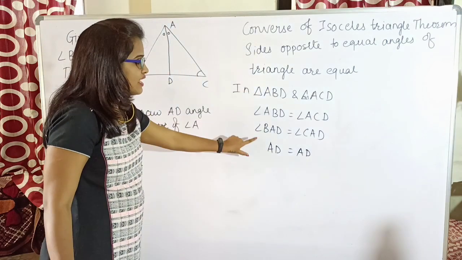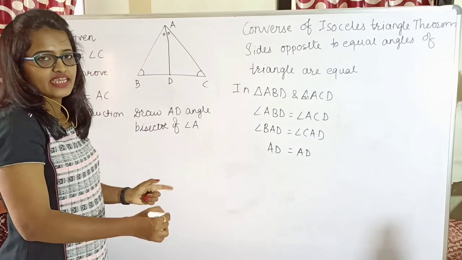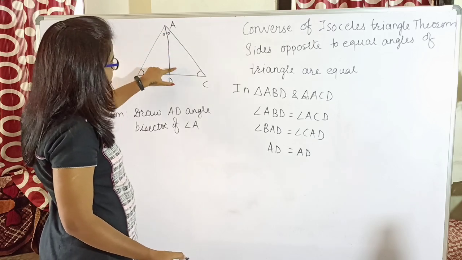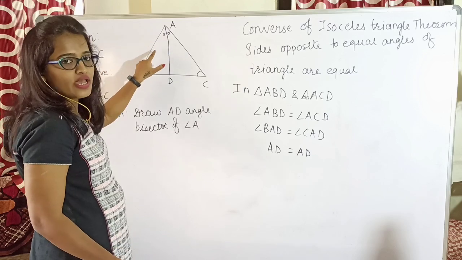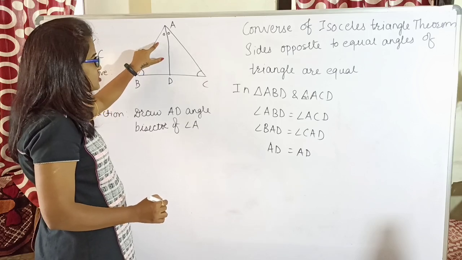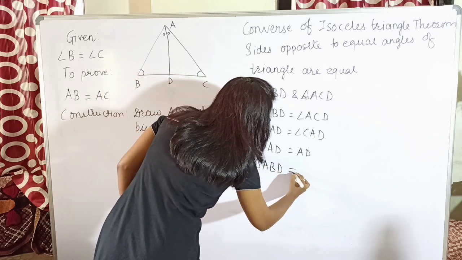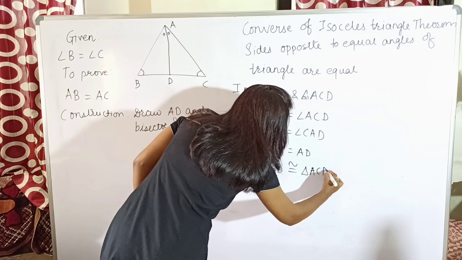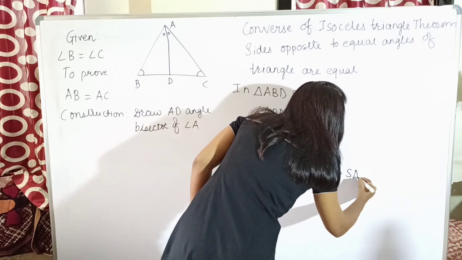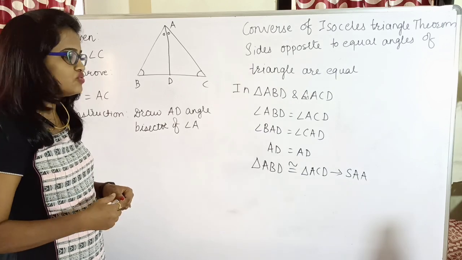Now since I have taken two angles and one side, we have to check whether the side is included or not. Then only I can write it as ASA, isn't it? So these two angles I am taking as equal, and the side which I am taking as equal is actually not connecting the two angles. It is not connecting the two equal angles. What does it mean? The congruency is not ASA. So what is the congruency? So I can write the congruency for these two triangles to be SAA or ASS. You can write anything. Okay. So by SAA congruency, the two triangles are congruent since the side is not connecting the two angles,